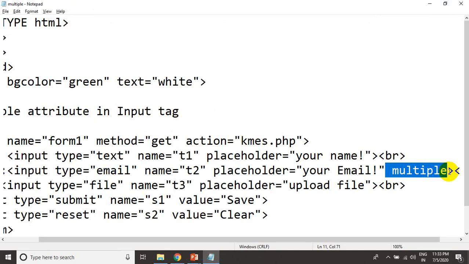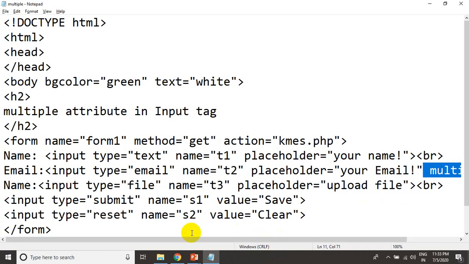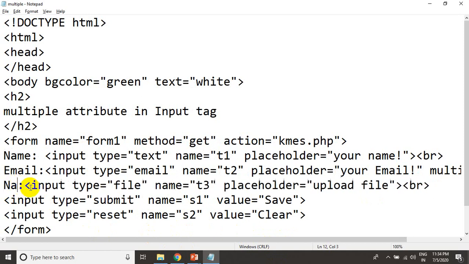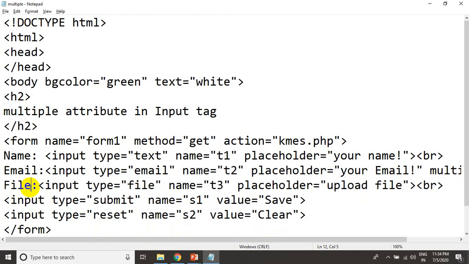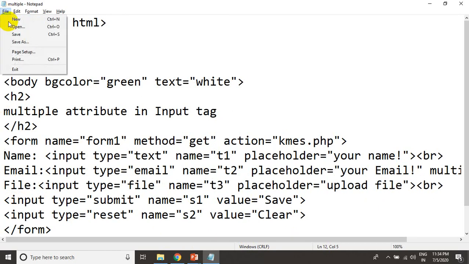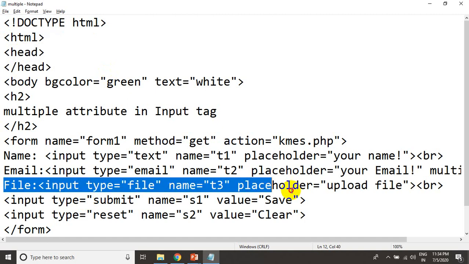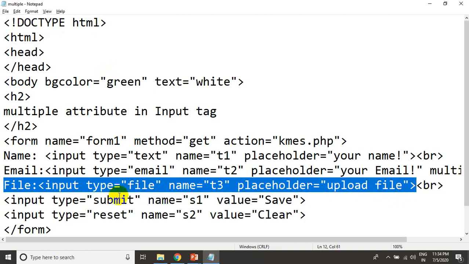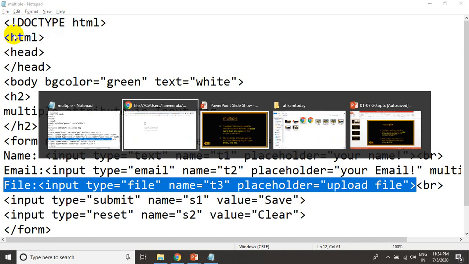Now we'll see what is the use of the multiple attribute in input type equal to file. See this line, this is name. Instead of name I will just change it to file. See this line, that is the third text box. See what I have written: input type equal to file, name equal to t3, and placeholder is equal to upload file. If you use this much code, I just want to save the file, flip back to your browser,